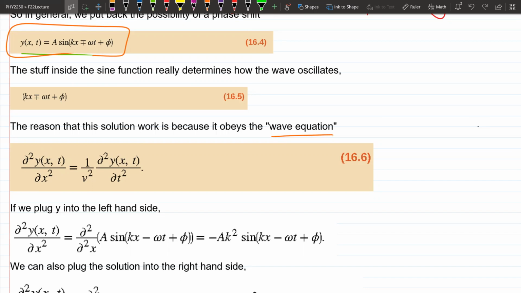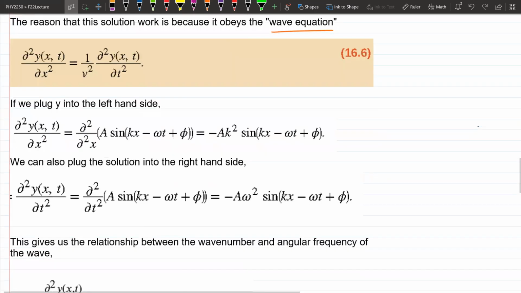It's a second derivative with respect to t, okay? So you're taking derivative with all the variables. This 1 over v squared, we're going to see that this v is actually the speed of the wave, and we're going to see how that happens. So if you plug the left-hand side in here, you're basically taking a second derivative of sine of